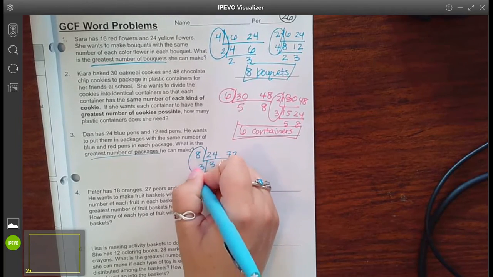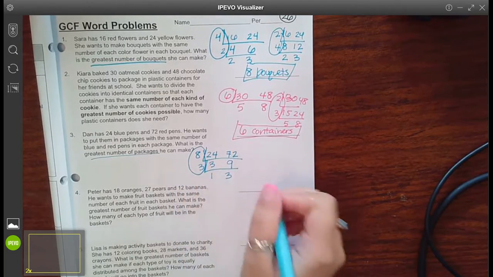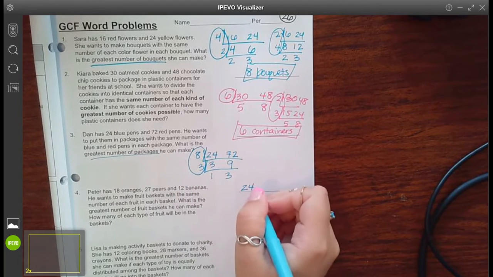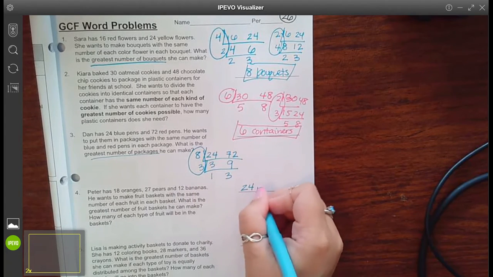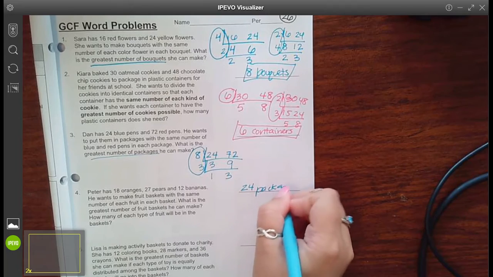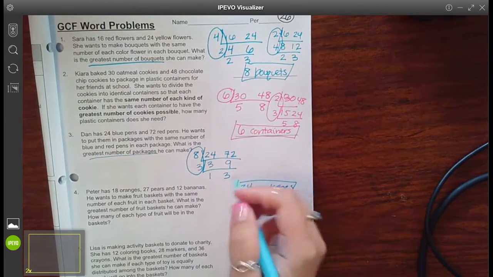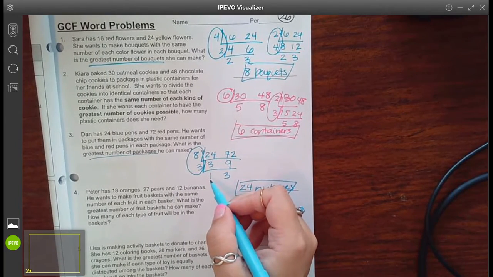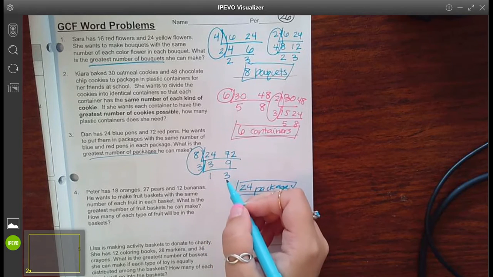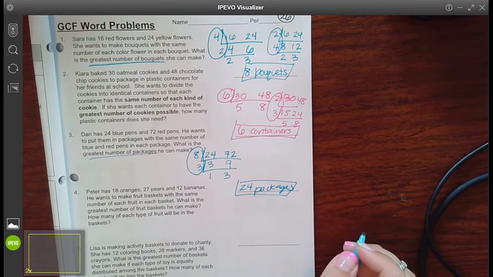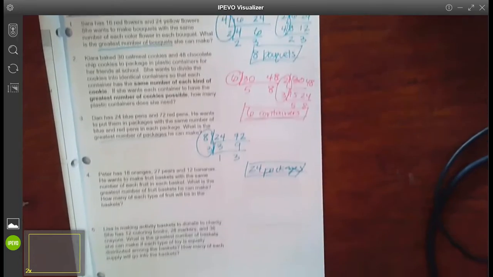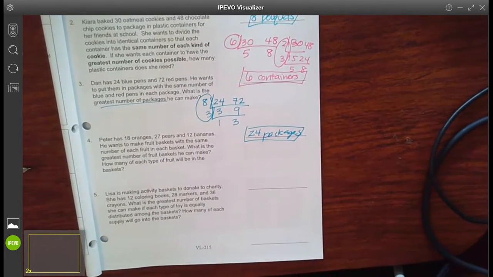Nope. So let's multiply those numbers along the side. You have 8 times 3 is 24. So you have 24 packages of pens. And if you were curious, in each package there would be 1 blue pen and 3 red pens. Okay. Our next one says,